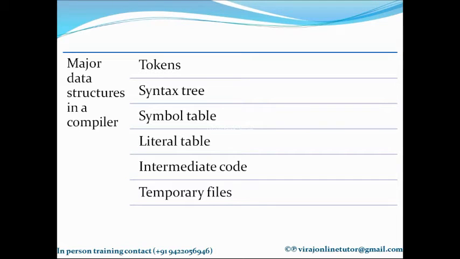Because as soon as I reach the root node of the tree, I can go to any of the child nodes automatically, because each node will have pointers to the next nodes in the tree, right? The root node will have pointers to its children, then each child in turn will have pointers to its children, and so on. So as soon as I reach the root node, I can reach any of the children nodes through traversing. So the syntax tree is saved as a pointer based structure that is dynamically allocated as your parsing proceeds, and the entire tree can be kept as a single variable pointing to the root node.